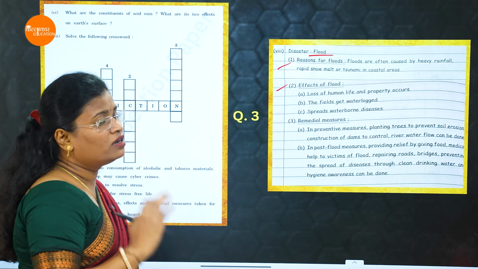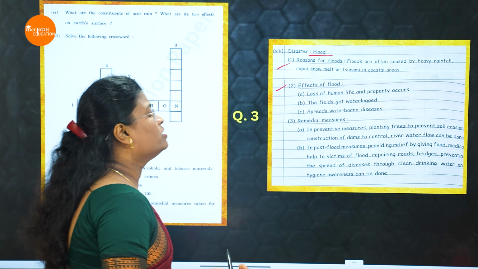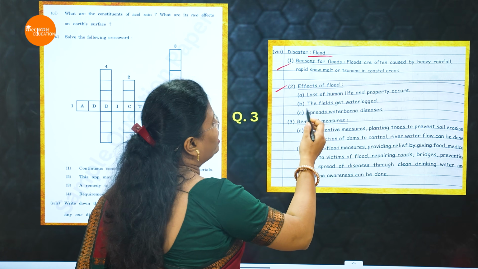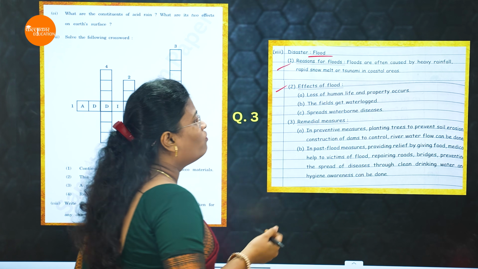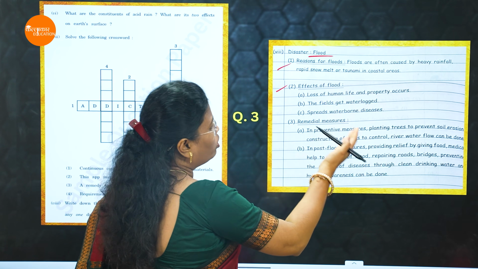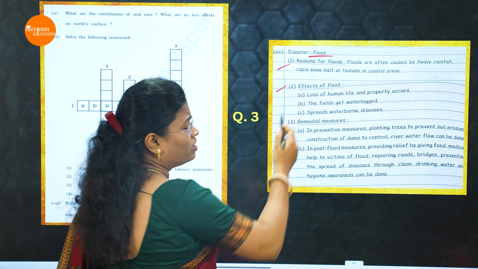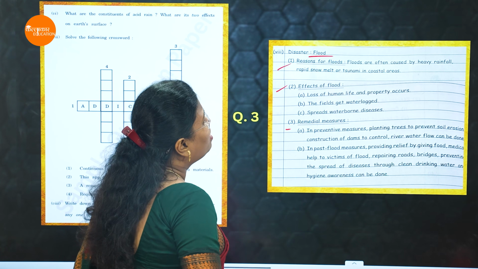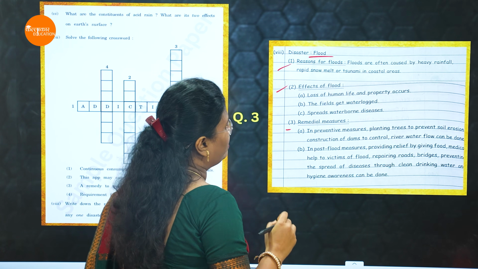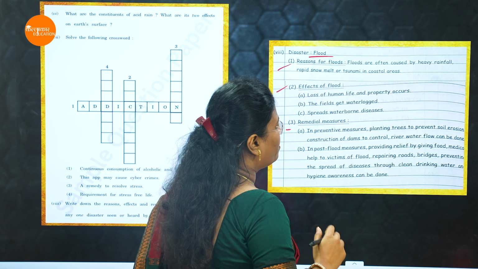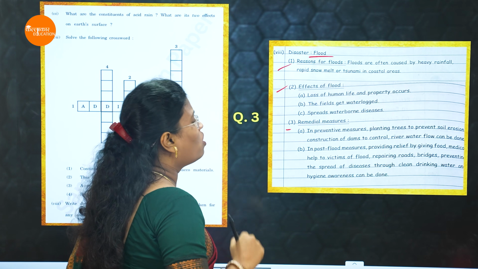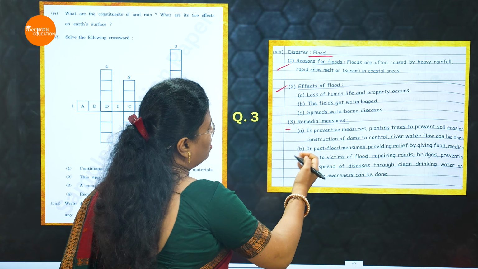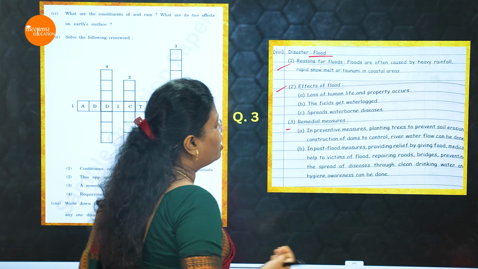You have to write the effects of flood. Loss of human life and property occurs. Second point, the fields get waterlogged, spreads waterborne diseases, etc. So these are the major effects caused after the flood. And next, remedial measures. In prevention measures, planting trees to prevent soil erosion and construction of dams to control reserve water flow can be done, or else you can write post-flood measures like